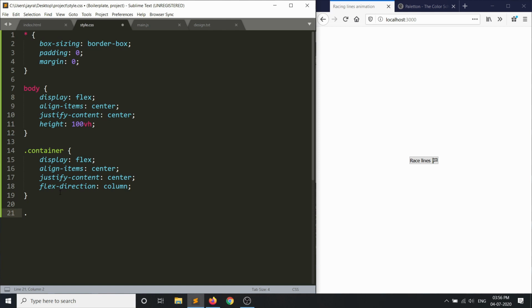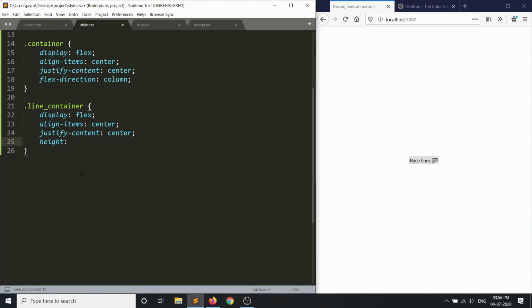Now let's style our line container. We'll use the class line container, and again we'll make it a flex element: display flex, align items center, justify content center. Let's give it a height of 400px and a width of 400px.